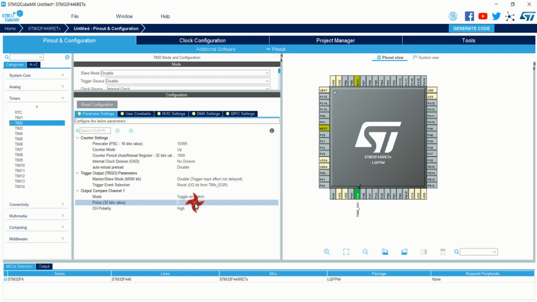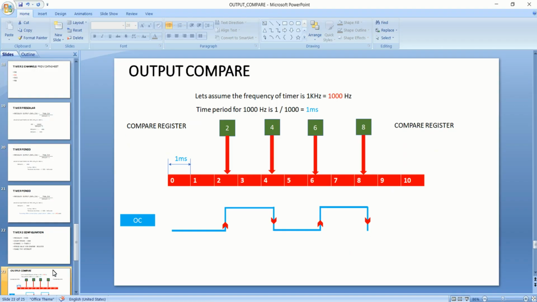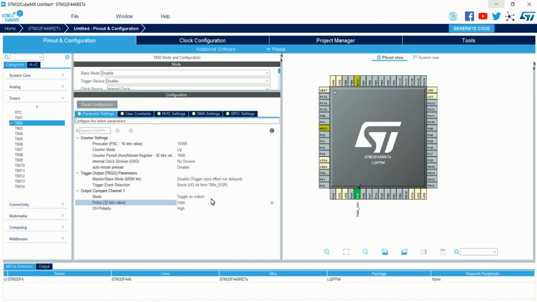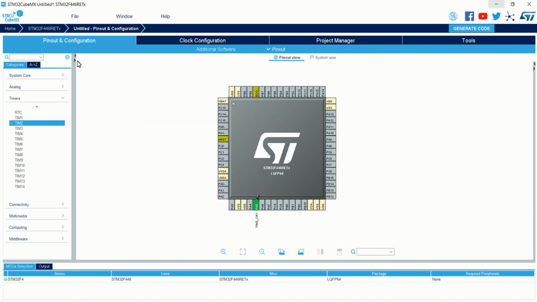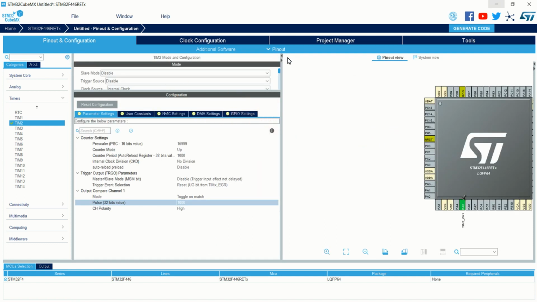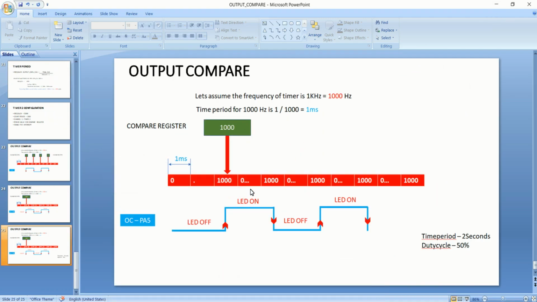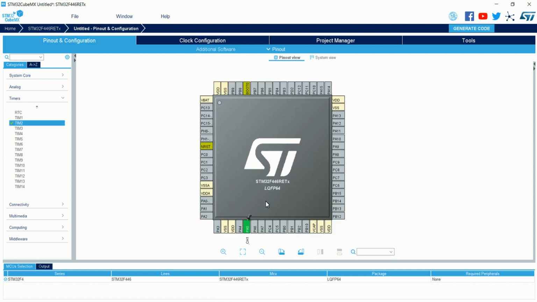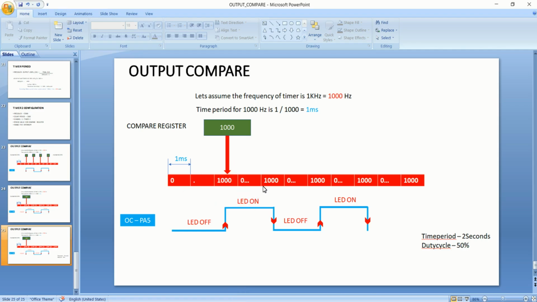The second one is the pulse, which is nothing but the compare register value that we discussed in the last lecture. I am going to load 1000 over here also. So I am giving the value here to be 1000. As per our configuration of the timer in the PA5 channel, for every second the state of the output compare pin PA5 will be toggling. This is the concept, and that's it. The configuration is done. Now when the timer is started, the state of the PA5 pin will be toggling for every second.